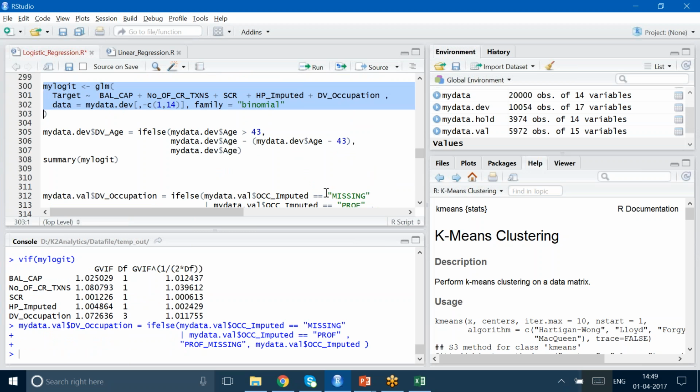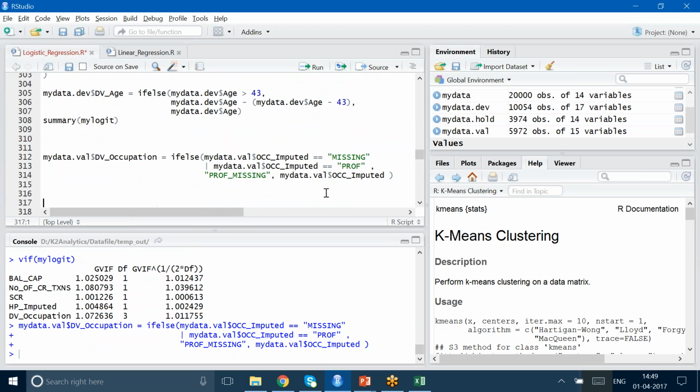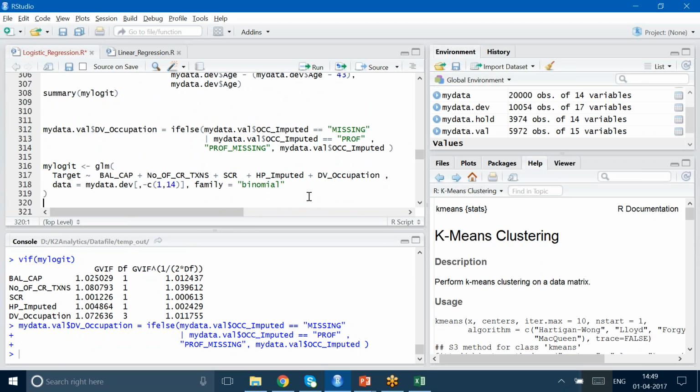I have to build the model on the validation sample. So I'll take that, my logit, and call it my logit underscore v. I'm giving a new name to this model because it's a logistic on the validation sample, and the data set will be,